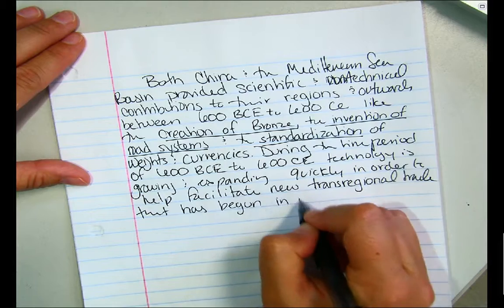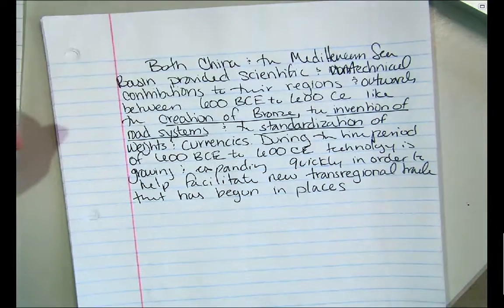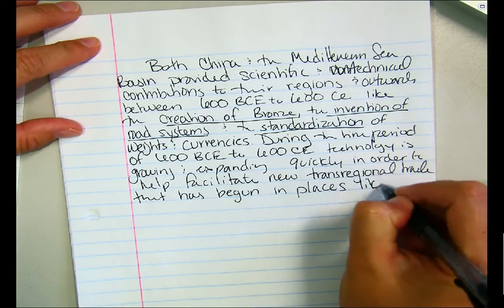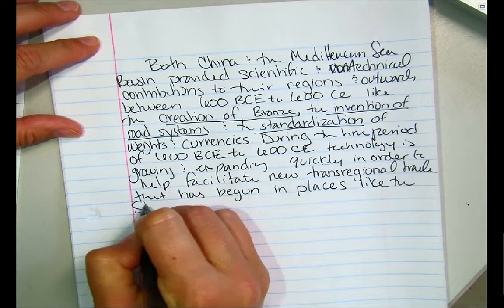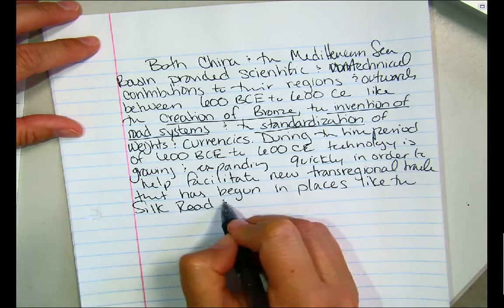in places like, where are two places that trade has now begun between different places? It's happened in two different places. Come on. They're two different things. Where is trade now happening because of inventions, people? Oh, God. Brian. China? Why? What's happening there? What trade routes there? Silk Road, places like the Silk Road. And where else is trade happening?